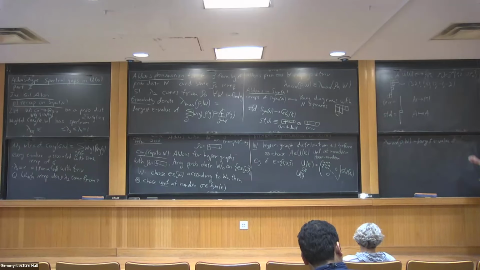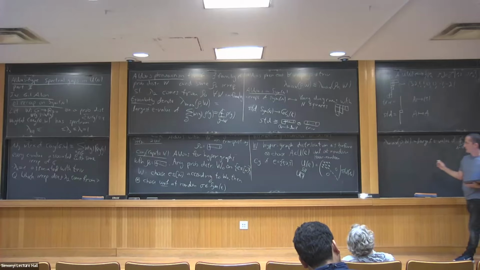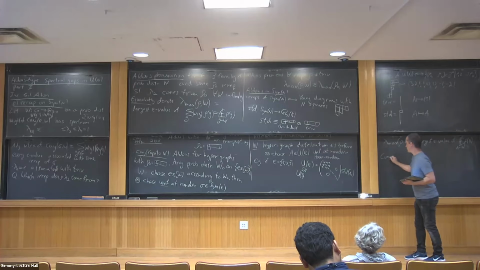So exactly as before, I just want to stress that nothing changed. I write it like that, the expected value. I take A according to W. So I pick A at random according to this probability distribution, and I evaluate the representation at A. So this is just a matrix, and I look at the largest eigenvalue. So this is exactly what we had in the symmetric group. It's the same. And our conjecture,